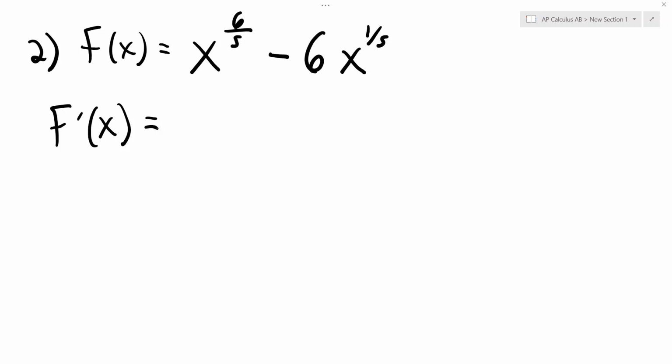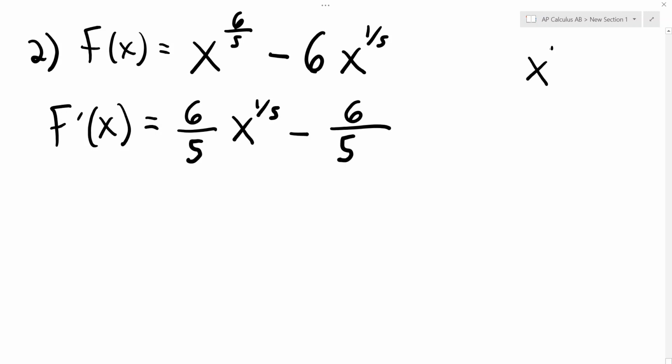But anyway, if you derive this, you get 6/5 x to the 1/5 minus, not there because 6/5 minus 1 is positive 1/5. Okay, it's positive, so that exponent stays up in that numerator, right? And when you derive this 1/5 and the 6 here, you get 6/5. But now when you take 1 away, x to the 1/5 becomes x to the negative 4/5, which means